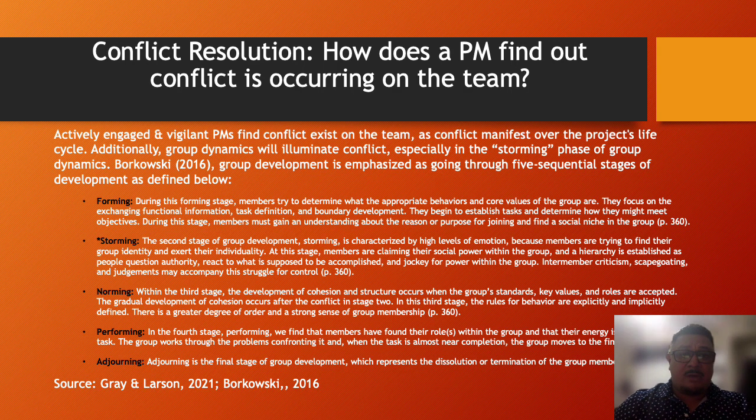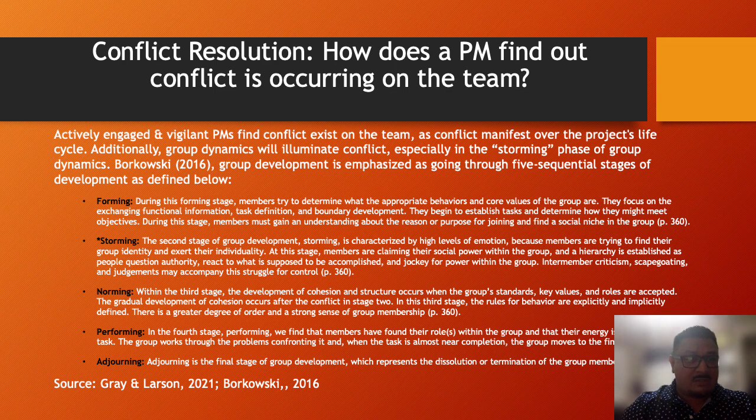Now, conflict resolution. How does a project manager find out conflict is occurring on the team? Well, being an actively engaged and vigilant project manager, you'll find out that there is conflict in your team. And as conflict manifests over the project's life cycle, additionally, group dynamics will illuminate conflict, especially in the storming phase